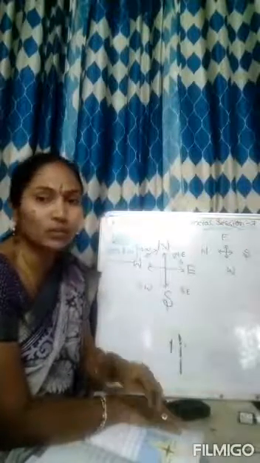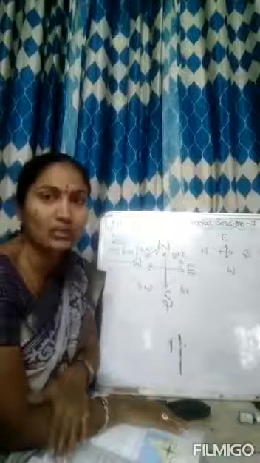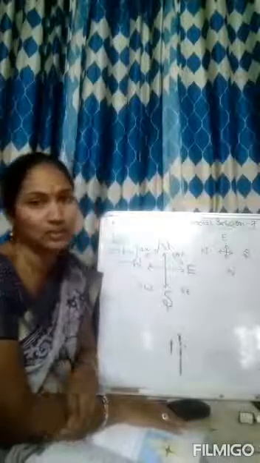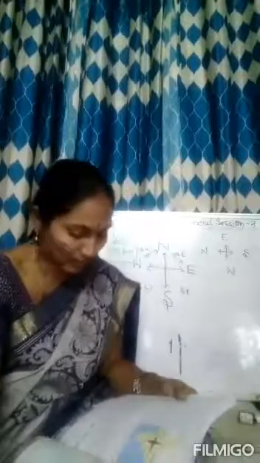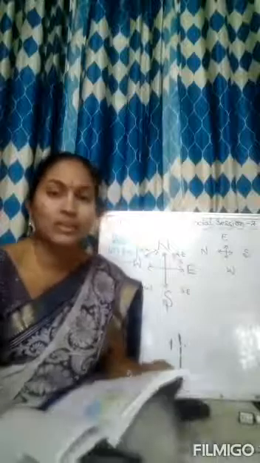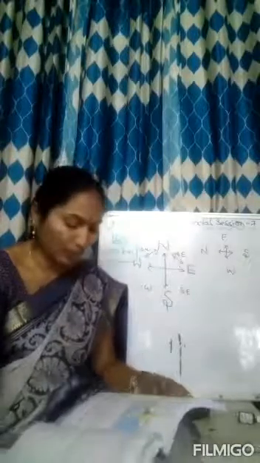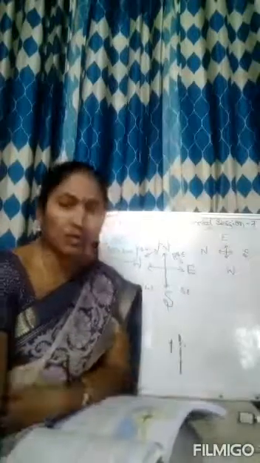Same thing, if you measure on the ground, it will show 100 kilometers. Clear? Okay, next, it means that 1 centimeter on the map represents 100 kilometers of distance on land. Another form of representing the scale is known as graphic scale or linear scale. So one more type of scale is there, that is called graphic scale or linear scale.